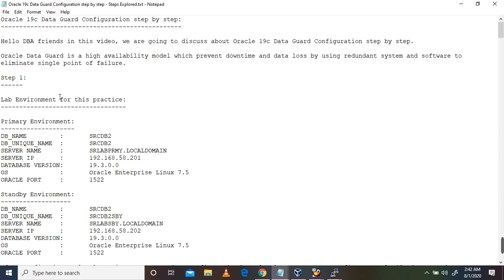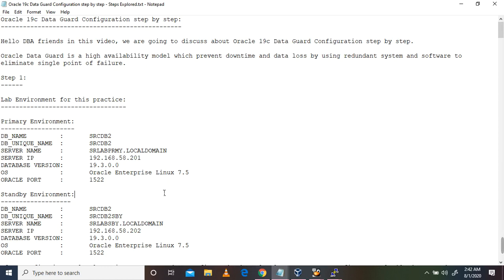So here it is. I have come up with two environments for this practice lab. In the primary environment, I have the server details like below: the DB name and DB unique name, database server host name and IP address configured, and what database versions are running. The OS is Oracle Enterprise Linux 7.5, and for the Oracle port I would normally use the default port 1521, but instead I'm using port 1522 because a 12.2.0.1 database was running on this server.